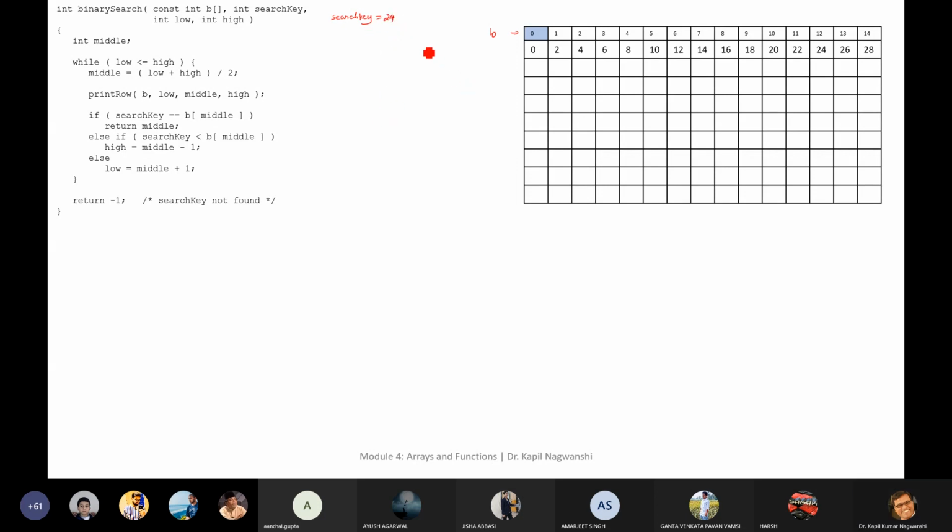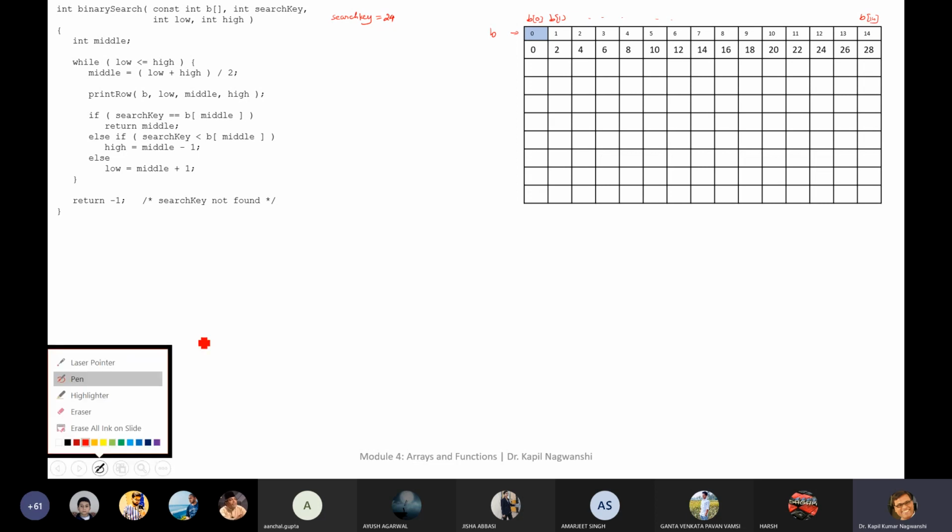Let me put some other matrices also. So this is the indexing of B0, B1, etc., up to B14.